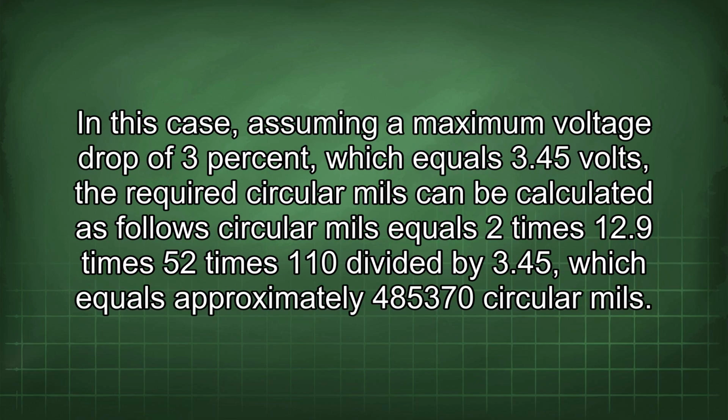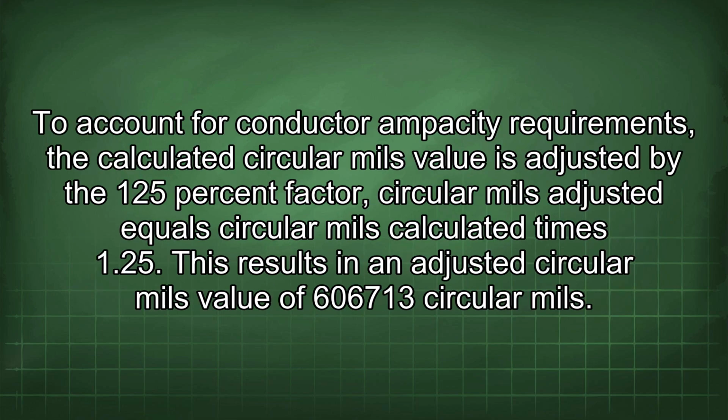In this case, assuming a maximum voltage drop of 3%, which equals 3.45 volts, the required circular mils can be calculated as follows: circular mils equals 2 times 12.9 times 52 times 110 divided by 3.45, which equals approximately 485,370 circular mils. To account for conductor ampacity requirements, the calculated circular mils value is adjusted by the 125% factor. Circular mils adjusted equals circular mils calculated times 1.25. This results in an adjusted circular mils value of